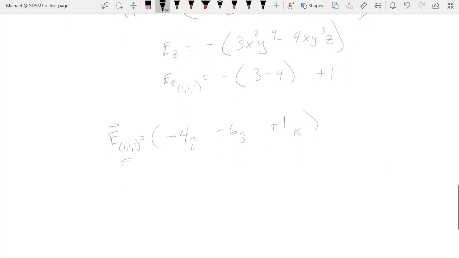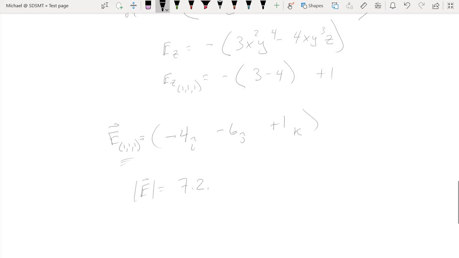From here we can then answer the question, what is the magnitude of that electric field? For that, we have our magnitude mantra, square root of the sum of the squares. Even though we have a three-dimensional vector, that does not change the mantra. We're still going to square every component, add them together, take the square root. Remember, when you square, you lose the negative signs along the way. And so I'm getting a magnitude